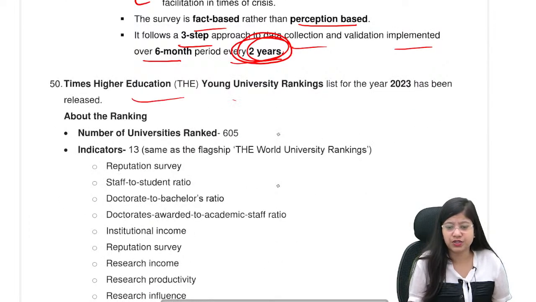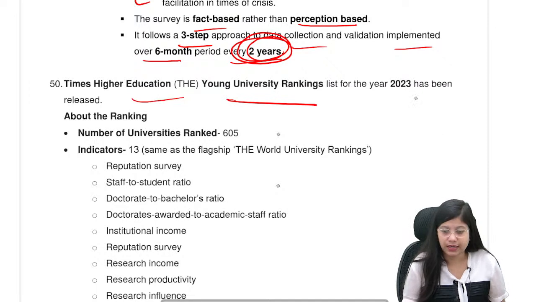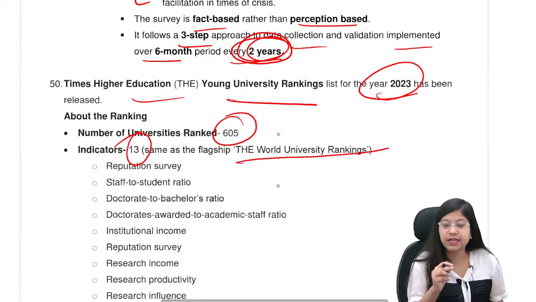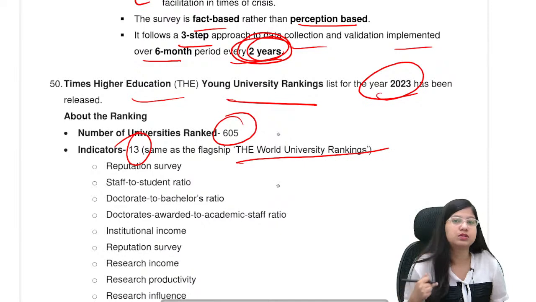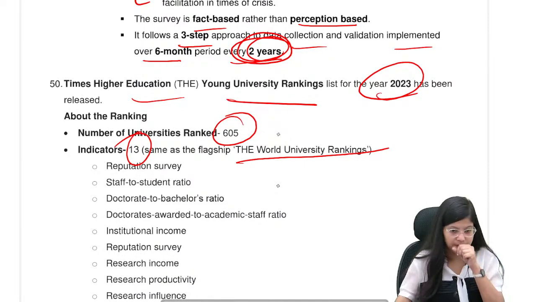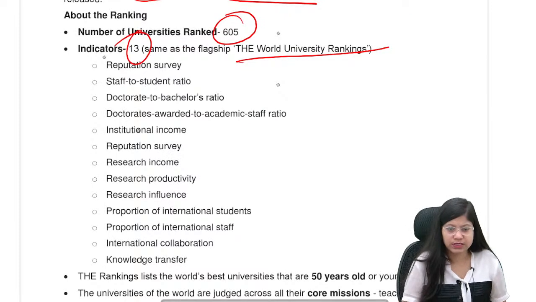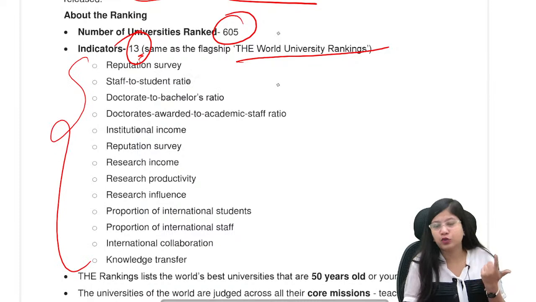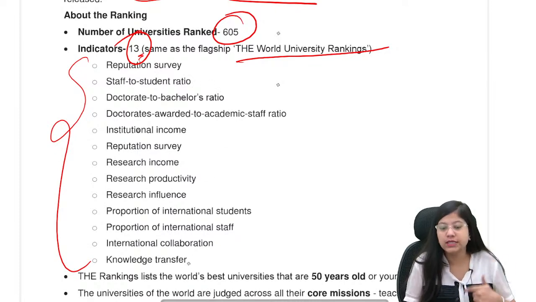Times Higher Education Young University Rankings list for 2023 has been released. 605 universities were assessed on 13 indicators. These indicators have been taken from the World University Ranking, so the same indicators are there. So these are the indicators, and since they are 13 in number, I would recommend don't remember all these indicators,